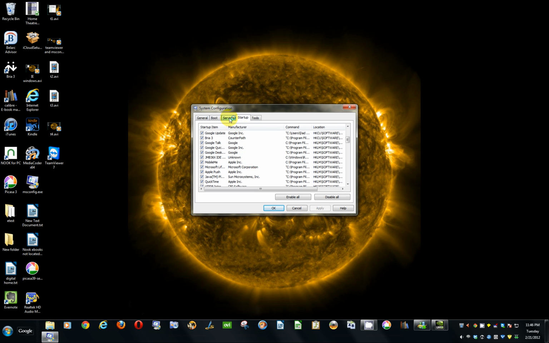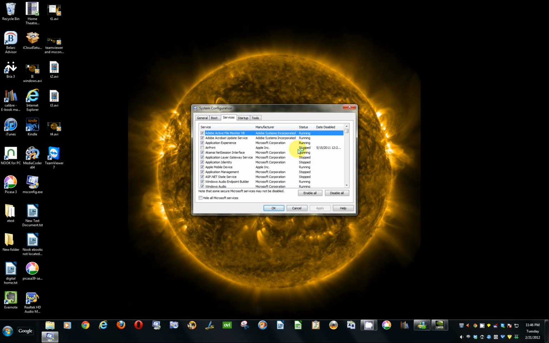Now in Services here, we want to hide Microsoft services because they have a right to be running, because they have a necessary role to play on your computer. So we're going to hide those. So that'll shorten the list to everything that does not belong to Microsoft. And if I was to go through here to reduce memory load, I could get rid of things like Acrobat Update Service and Active File Monitor and FlexNet licensing,